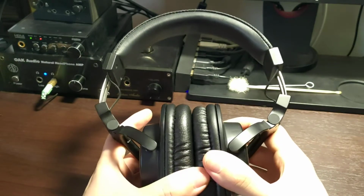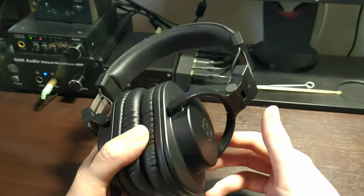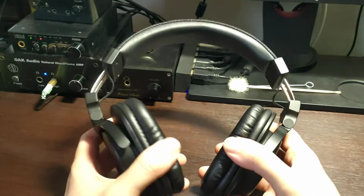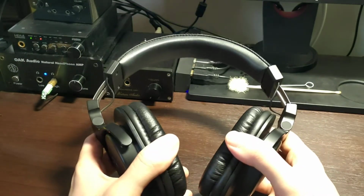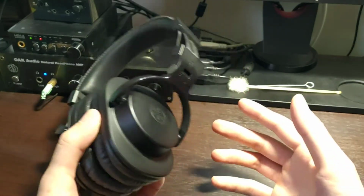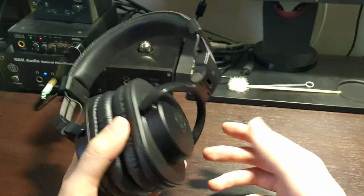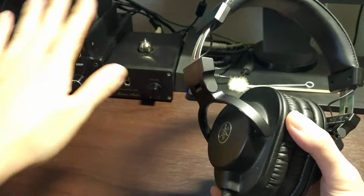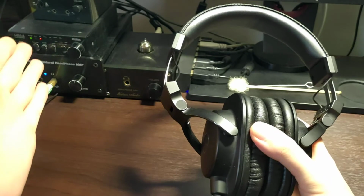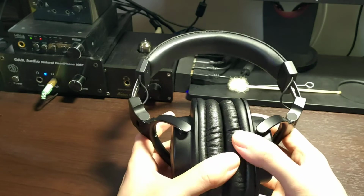These will tell you and reward you with the amount of time and effort and, of course, money that you have invested into your audio sources. I do not know the upper limit of these pair of headphones because I sadly do not have top end gear, and I do not plan on purchasing top end gear anytime in the near future. What you see here, this is the best I have right now. Some cheap desktop speakers. The most expensive part of my audio equipment is probably my Fostex HPA-4 DAC amp, and